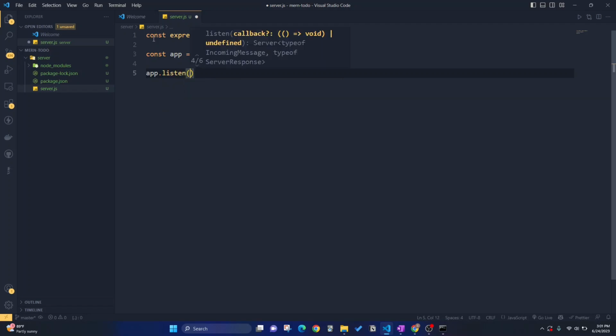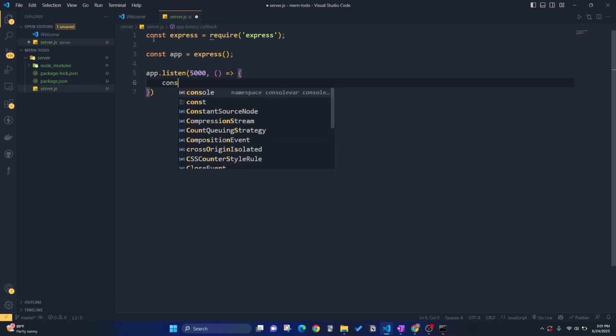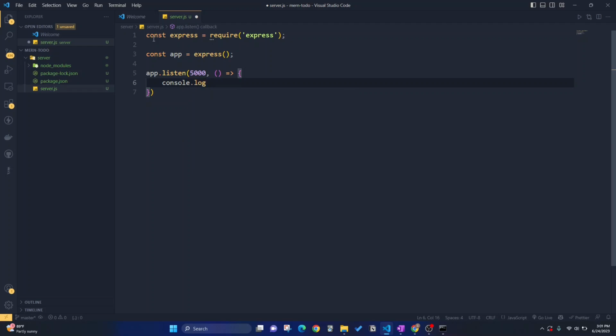Then I'm going to run our server on port 5000. You can run this by app.listen, then the port number, and when this runs I'm going to log